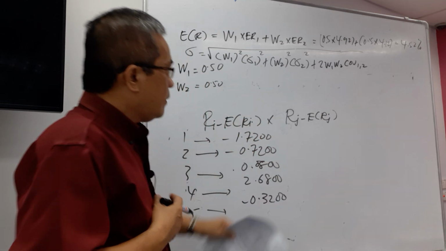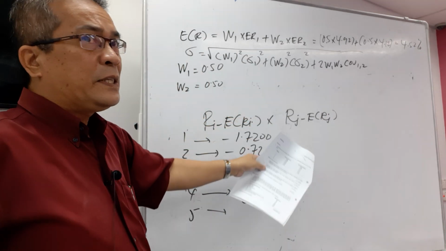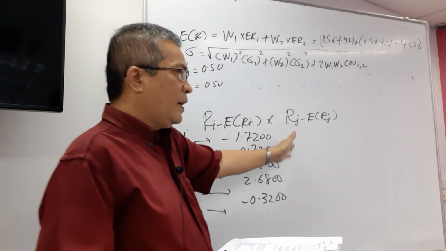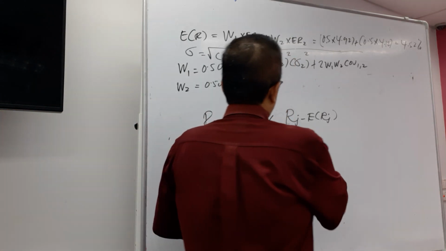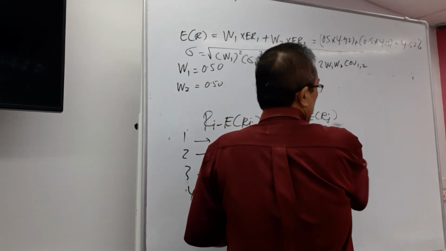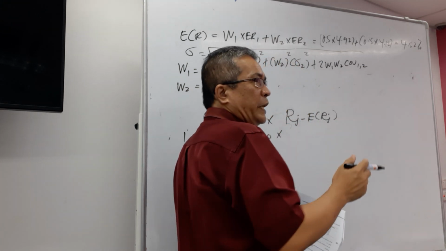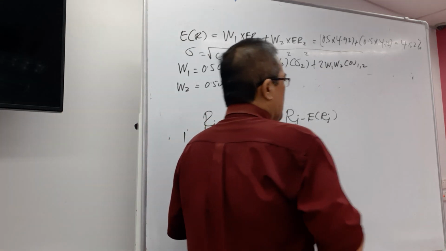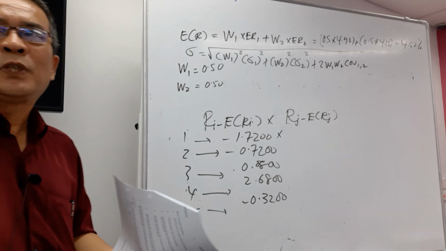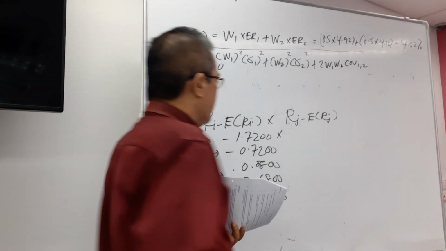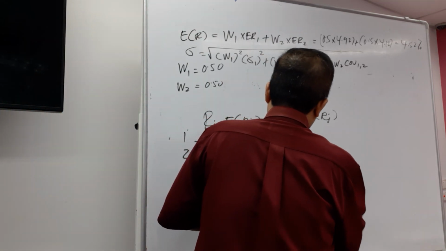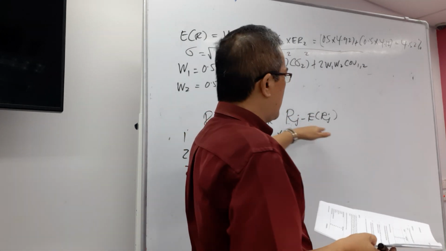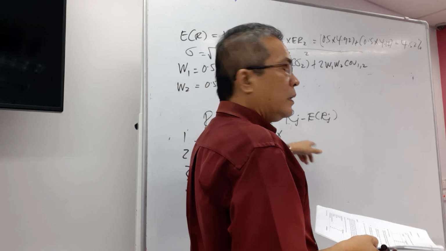0.3200. Okay, for Corellis we didn't do it, but we can refer to your answer scheme to get the Rj minus ERj. So we skip this process due to time constraints and the COVID-19 threat. We have to get out of this class as soon as possible to minimize the risk of getting infected by COVID-19. So just read what we have in the answer scheme for Rj minus ERj.